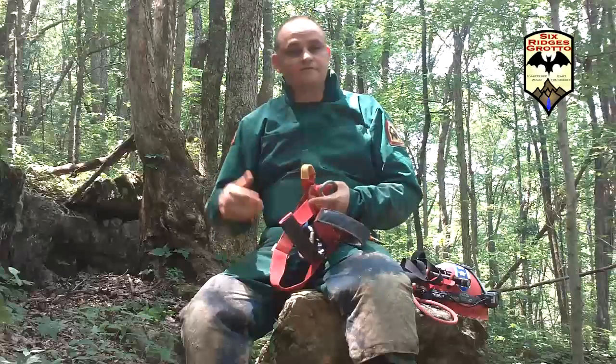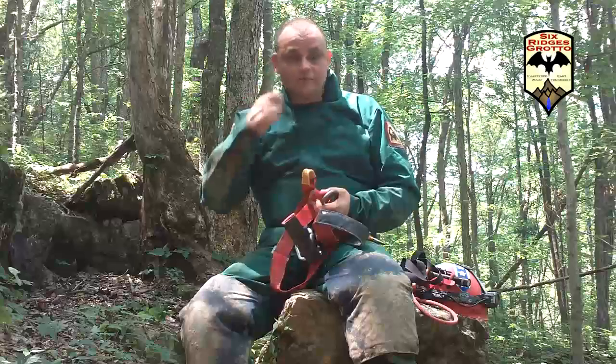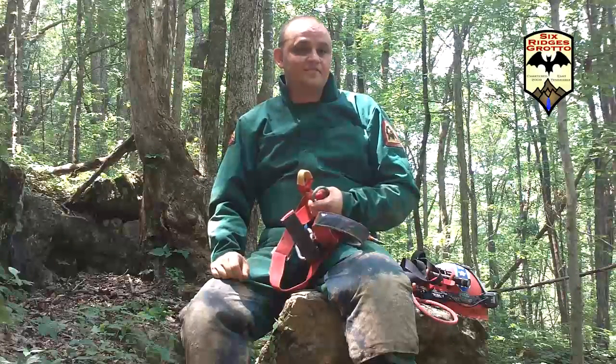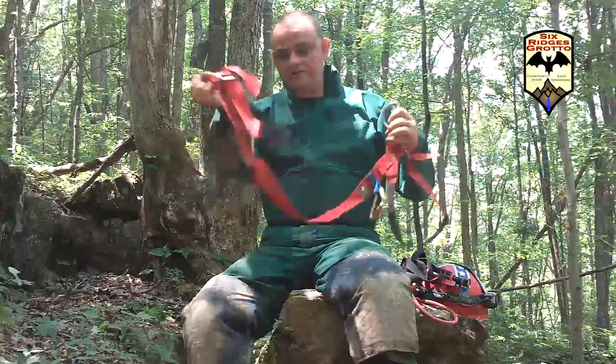Rope walker is really nice if you're in a very deep cave or you've got a lot of free hang where you're not touching anything. The rope walker is much faster, but it does take quite a bit longer to put on and get geared up. When you're looking at this harness,